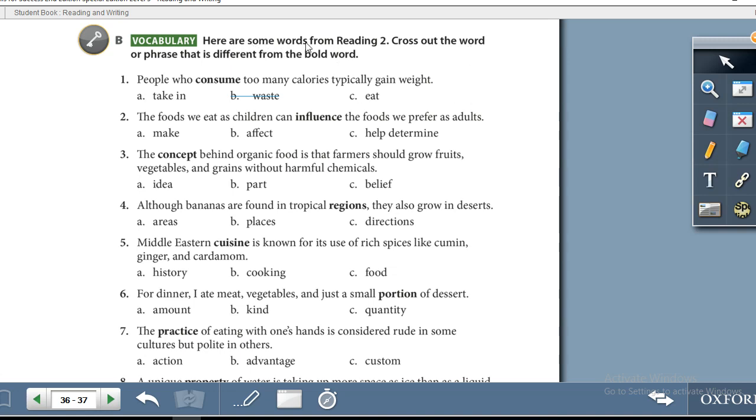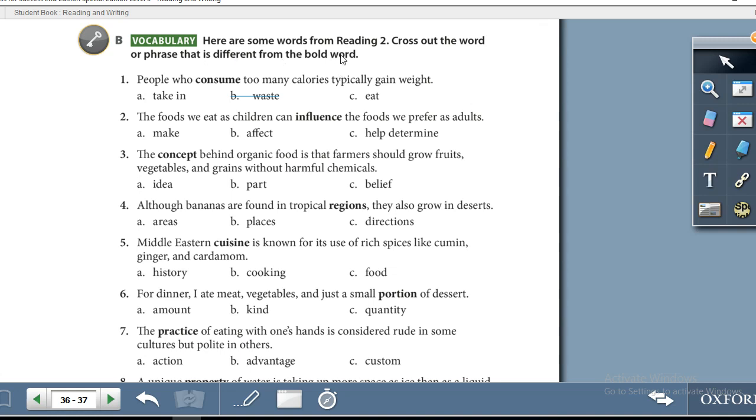The first sentence tells you, here are some words from reading 2. So immediately it tells you that all of these words, right, come from reading number 2. The instruction tells you, which is just 1 sentence, cross out the word or phrase that is different from